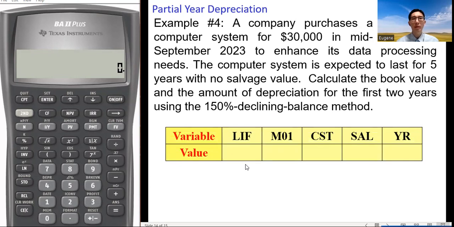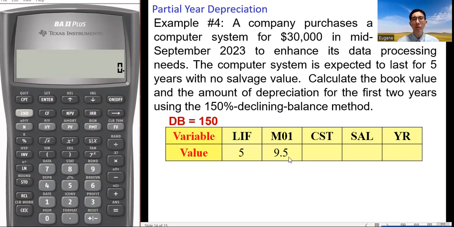The variables. LIF, the life, is 5. M01, the company purchased the system in mid-September 2023. So M01 is 9.5. 9 denotes September. In the middle of September, indicated by 0.5.